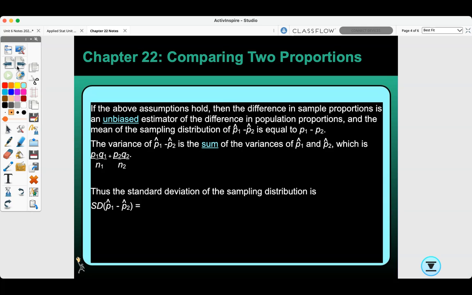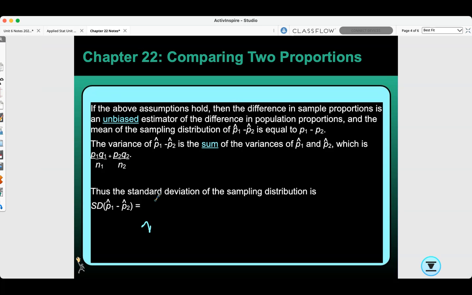The variance of P hat 1 minus P hat 2 is the sum of the variances of P hat 1 and P hat 2, which is P1 Q1 all divided by N1 plus P2 Q2 all divided by N2. Thus, the standard deviation of the sampling distribution would be